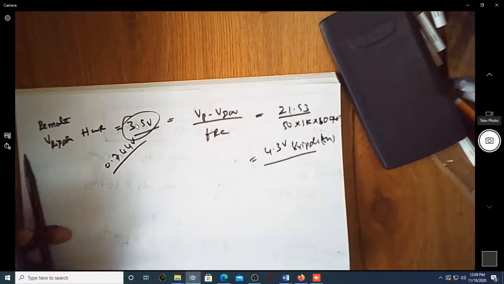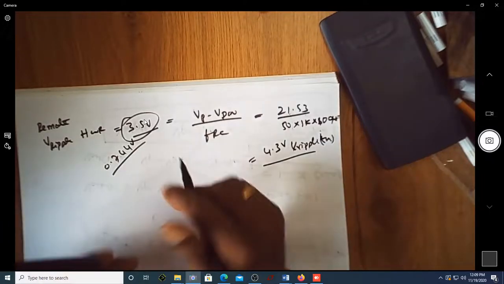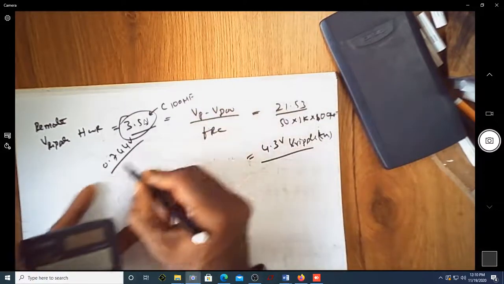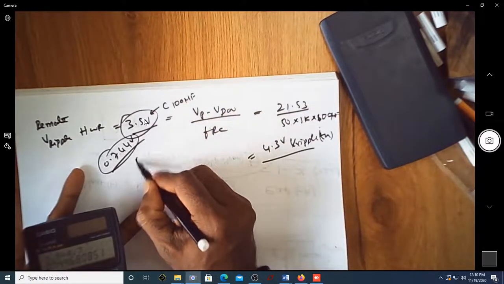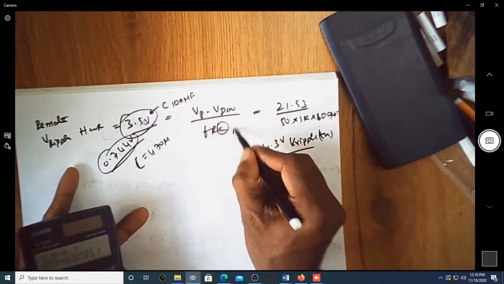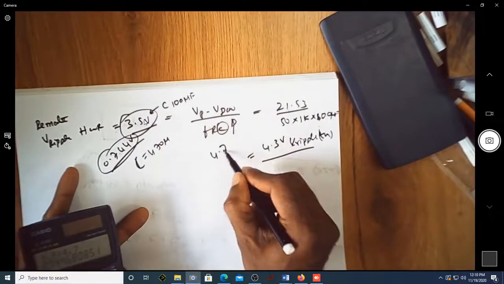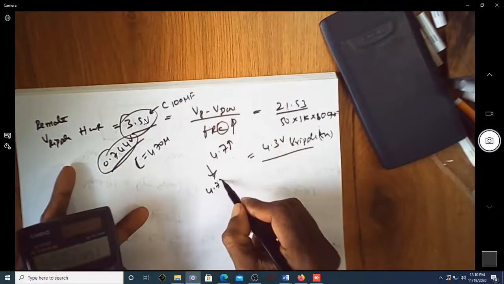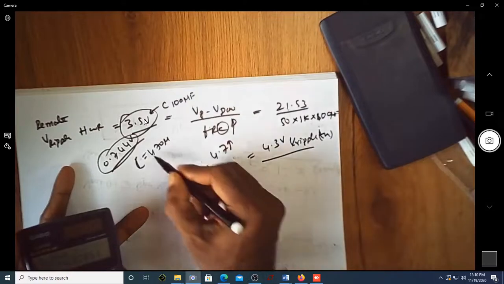See here, this 3.5 reduced by 4.7 times. This is for a capacitance of 100 microfarad, and this is for a capacitance of 470 microfarad. Because as the value of C increases by 4.7 times, the value of ripple voltage should reduce by 4.7 times. So that's what is almost there.